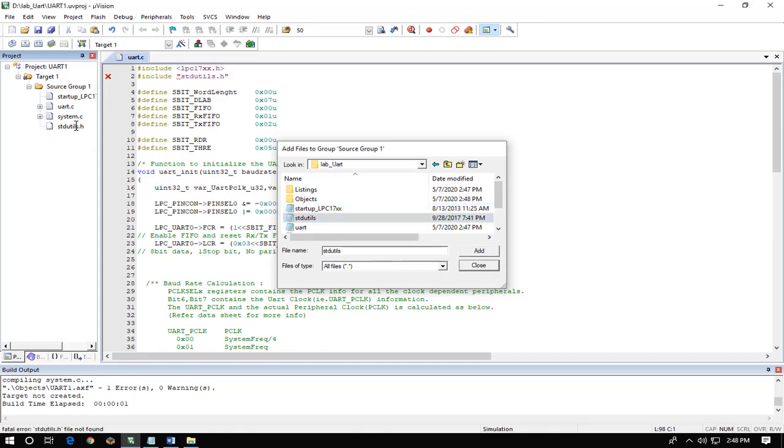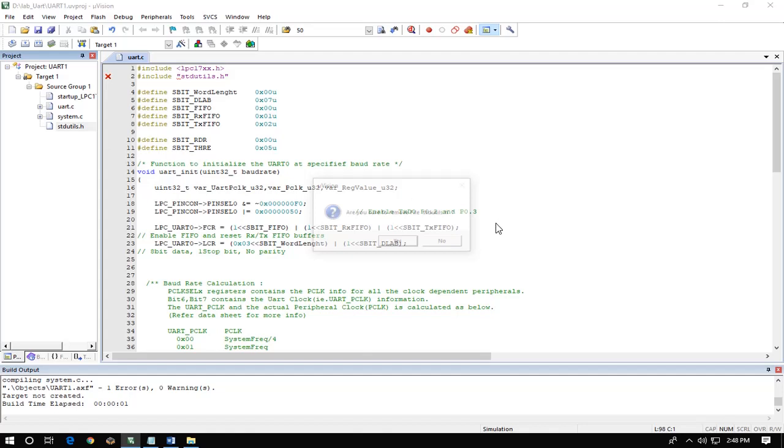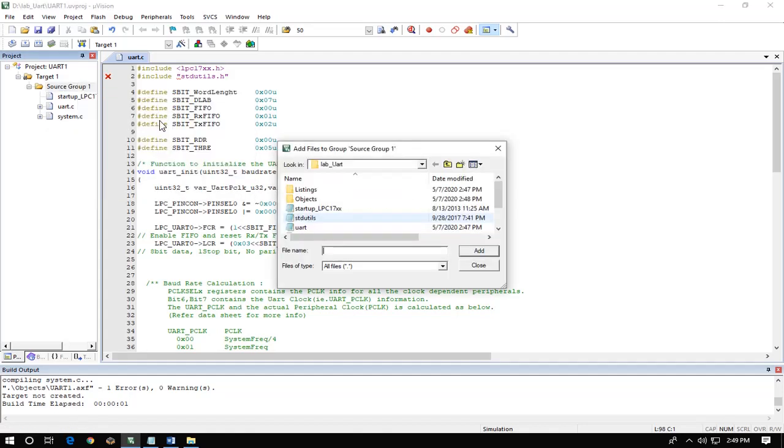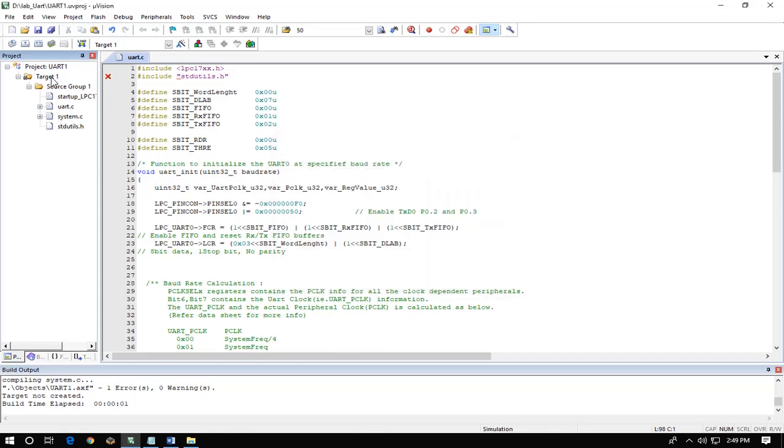For that I will remove this file I have added from the desktop, and then go to source group, add existing file from it. This file should be in a project folder. Now the error is removed, I guess.